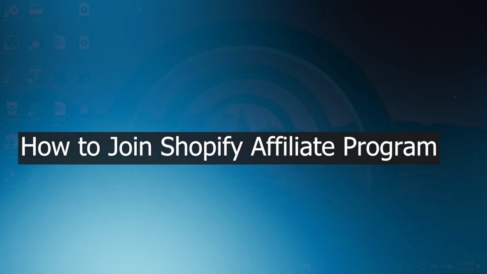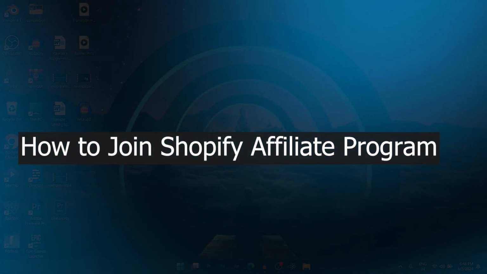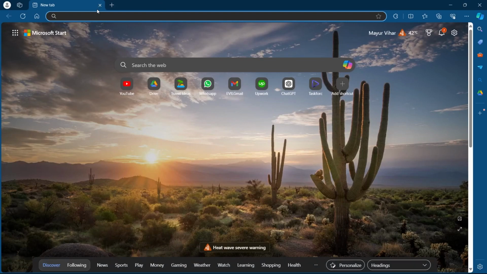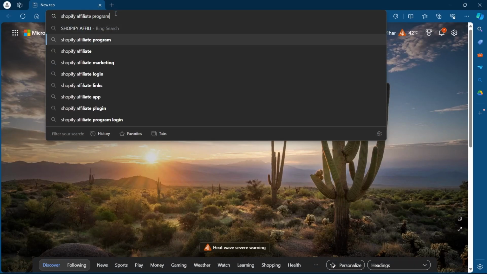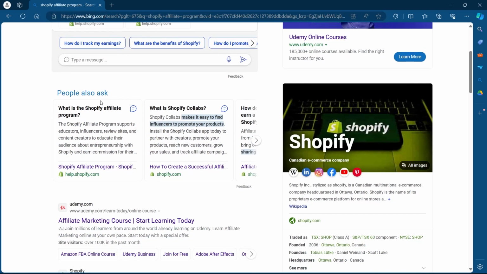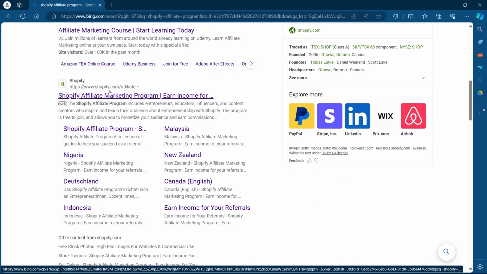Today I will show you how to join Shopify affiliate program. In order to do this, navigate to any browser on your PC, go to the search bar and type in Shopify affiliate program and hit enter. After that, you will see some search results. Under this, you will have to navigate to